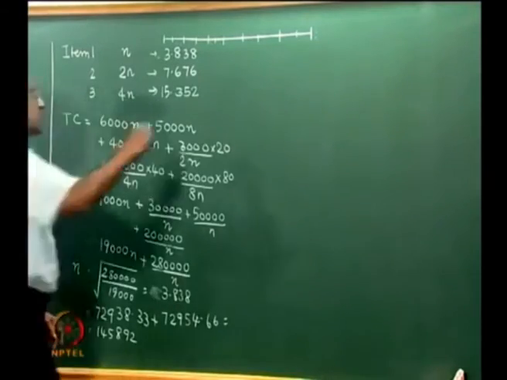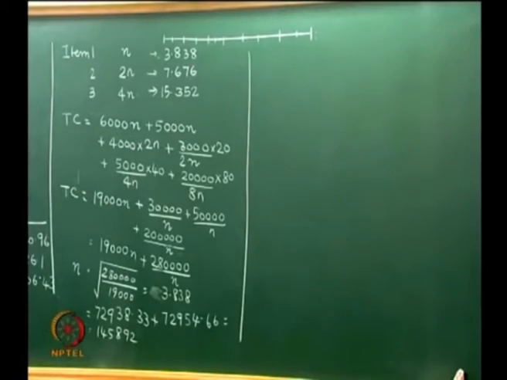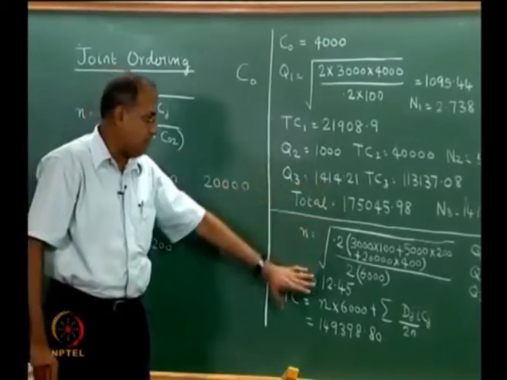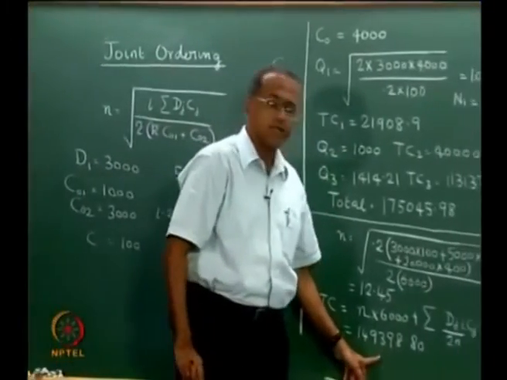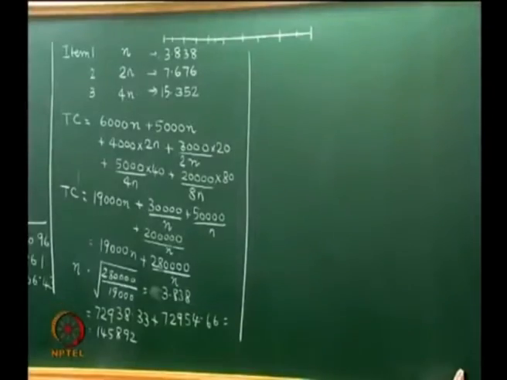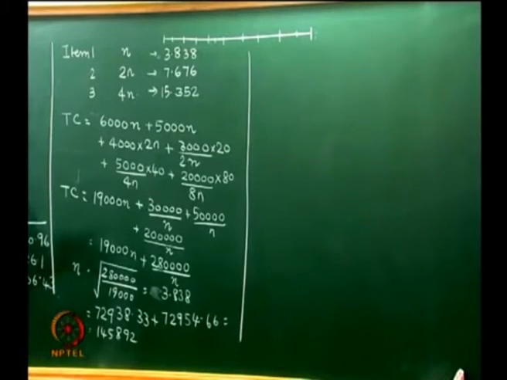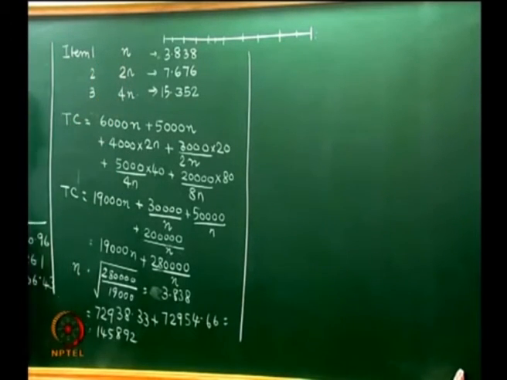But then we ask ourselves another question. We first worked out based on individual ordering quantities, which is here 1750. Then we worked out assuming that all of them have an equal number of orders, which brought it down to 1493. Then we worked out with unequal numbers of orders, and found a small decrease that could help us in a little more control of the order quantities. Now the next question: if we do 1:2:4, the cost is 1458.92.